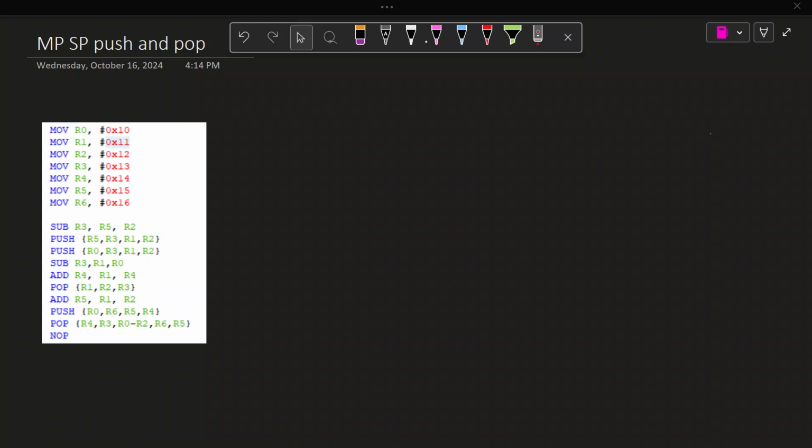Alright, hi y'all. Today we're going to be going over a microprocessor's stack pointers, really just the push and pop types of functions, I guess. So the first thing we have to know, for this topic especially, is what a stack